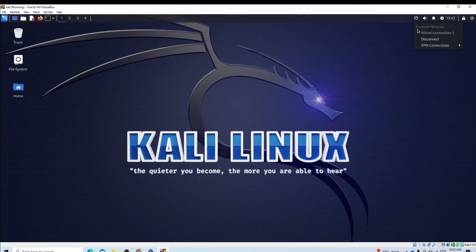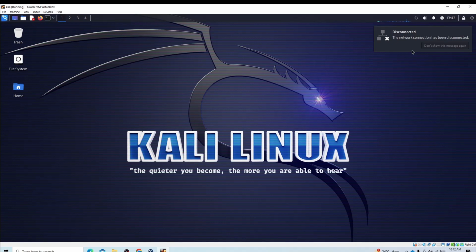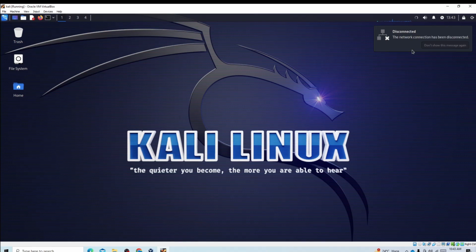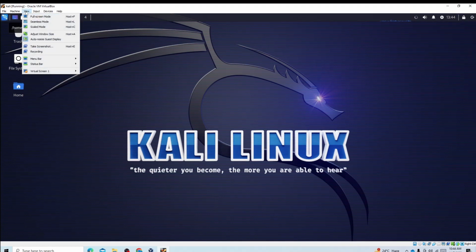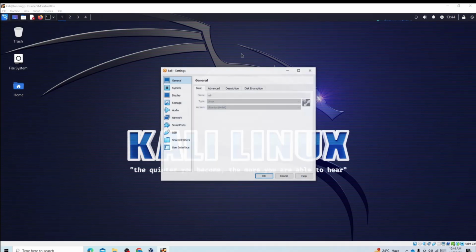Now it's going to change to Wi-Fi, but the thing is that my wireless adapter is not supported by Kali Linux, so it's facing a problem here. But if your adapter is supported by Kali Linux, that is going to change to Wi-Fi. In my case it is not going to change because Kali Linux doesn't support that Wi-Fi adapter that I have, an old one basically, which is why I am having this issue. So I am changing it to wired connection again,